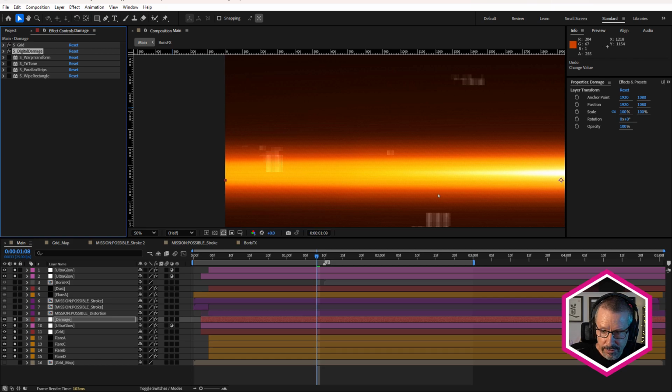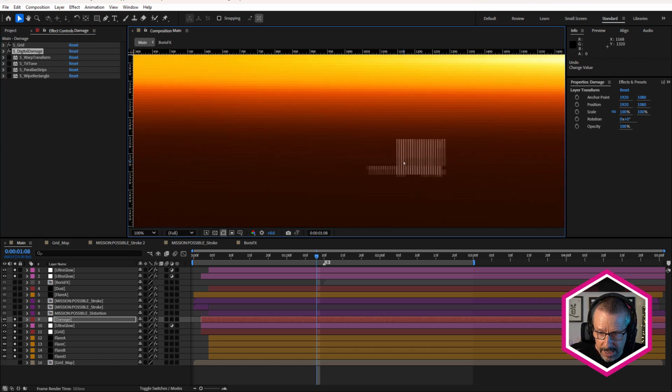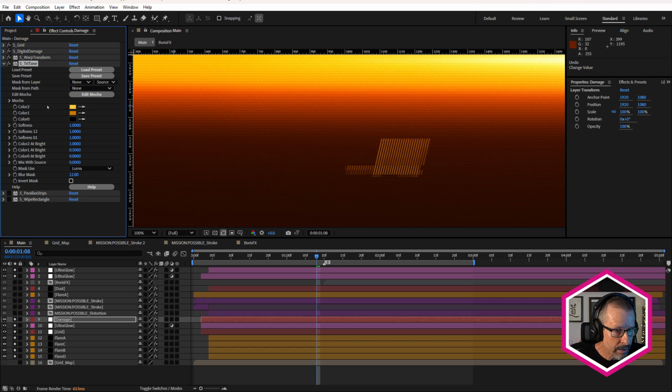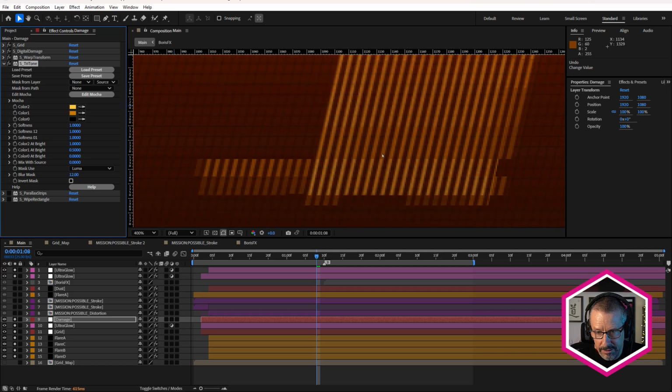Now I use Warp Transform because I didn't want it to be straight up and down. I want it to be at the same angle as the main grid. So once again, doing that, which is really nice. S-Tritone. So with S-Tritone, making the whites a bright yellow and the grays an orange, we get a nice sort of variation in there. Didn't look quite as good white.